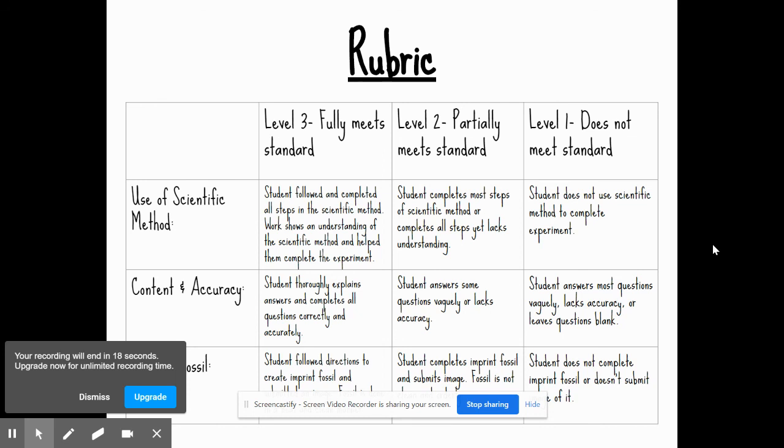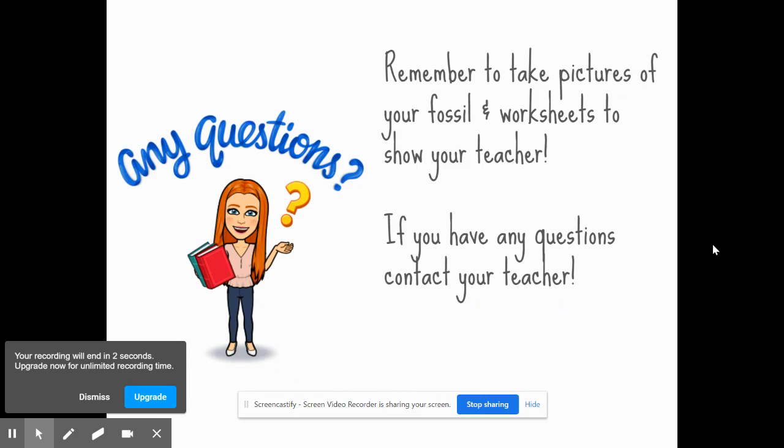This is the rubric we will be basing your worksheet and fossil off of. Please read through it before completing your fossil. Once you're done, please turn in your worksheet and your picture of your fossil to your teacher. If you have any questions,